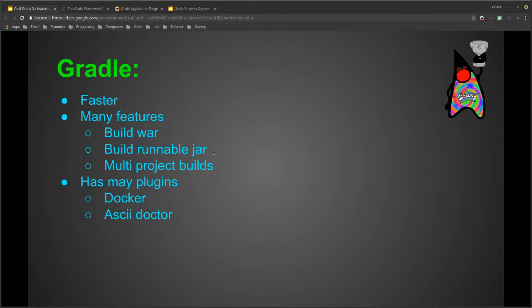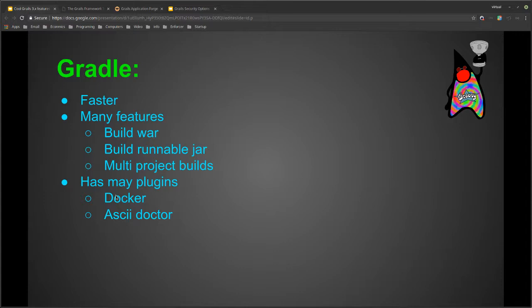You can actually also change it by just changing... I think if you just comment out the war plugin, then you can make a runnable jar. I think you might have to add another configuration, but there is a tutorial on how to do that, which leads into Docker becoming more interesting, because basically there's another plugin which allows you to build straight to a Docker file and have that in your repository.